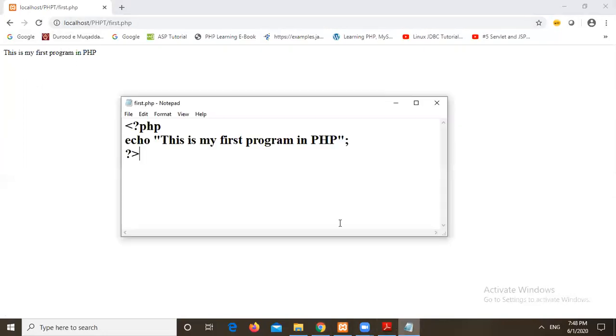This is my first PHP program. Suppose I have made some changes in my program here. Suppose I am removing this hello world. I just want to print this hello world. What I should do here is simply save this, and again go to the browser and refresh this, right?